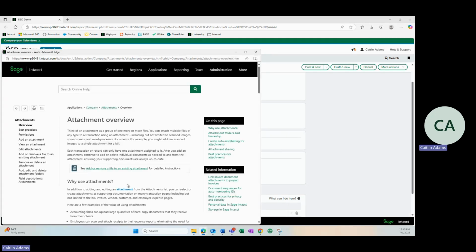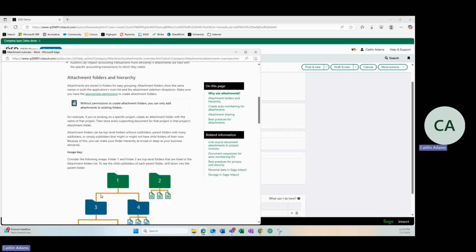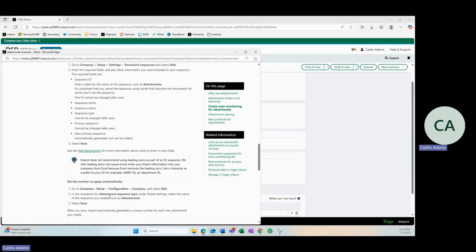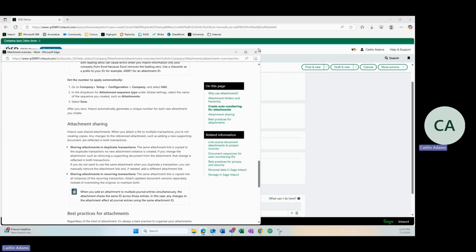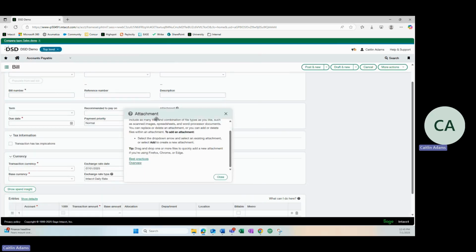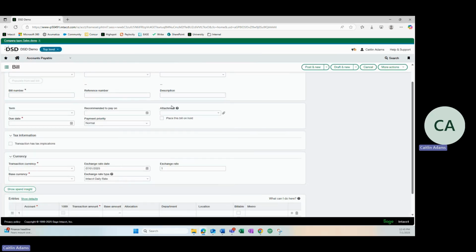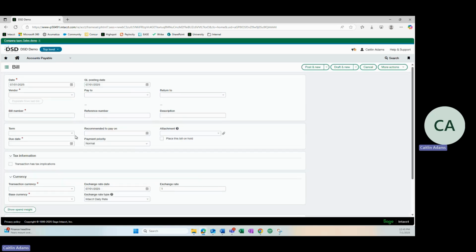It can give you the overview. In that overview, you might find what permissions you might need, that sort of thing. So these little question marks can give you on-screen prompts and even more information about what that is. Another way that I use Sage Intacct help as an active user within Sage Intacct is by going to help and support up here,